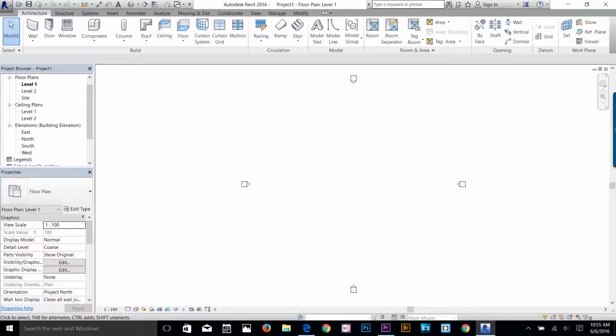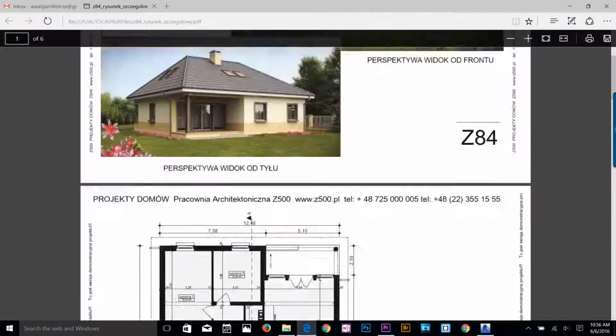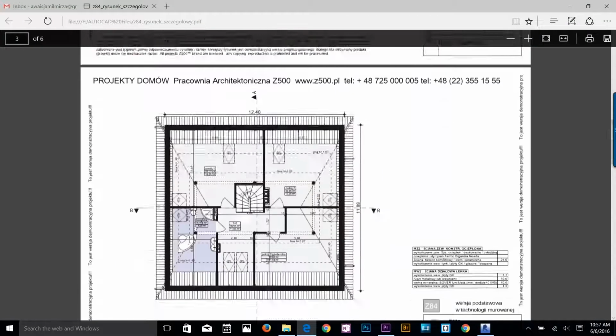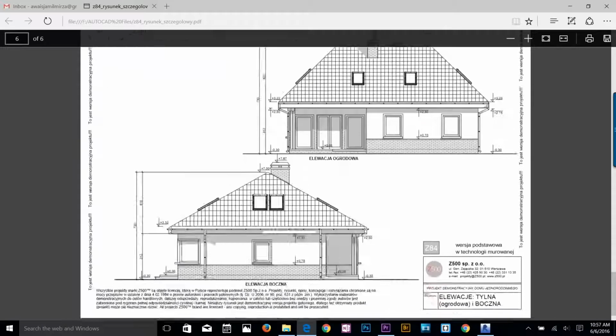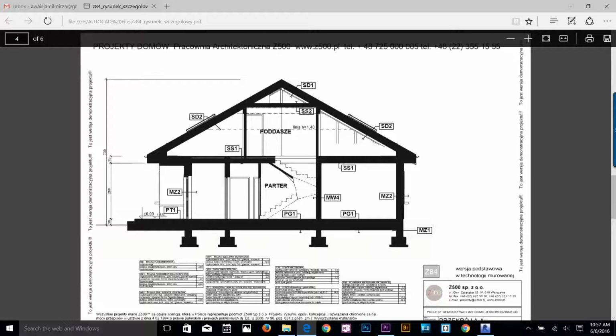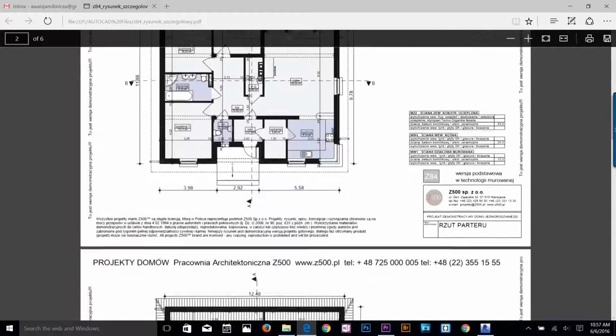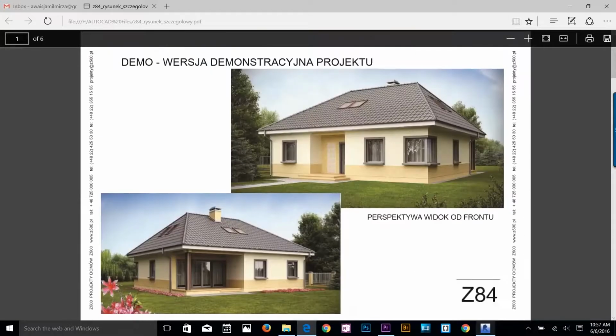So on the left we have project browser and properties. So in the project browser you can see your floor plans, ceiling plans, elevation, and many more. Just to show you guys what I'll be making in this project, this is the 3D model I'll be making, and then this is the plan. Alright, so we're gonna start building our plan first, and then I'll show you how you can make elevations and